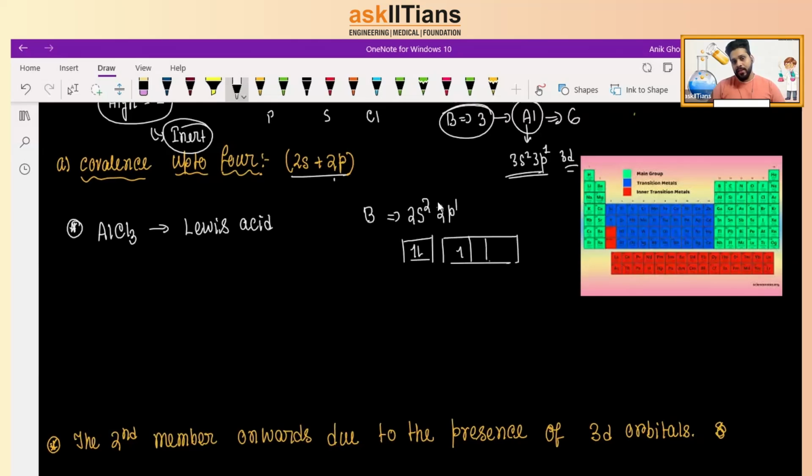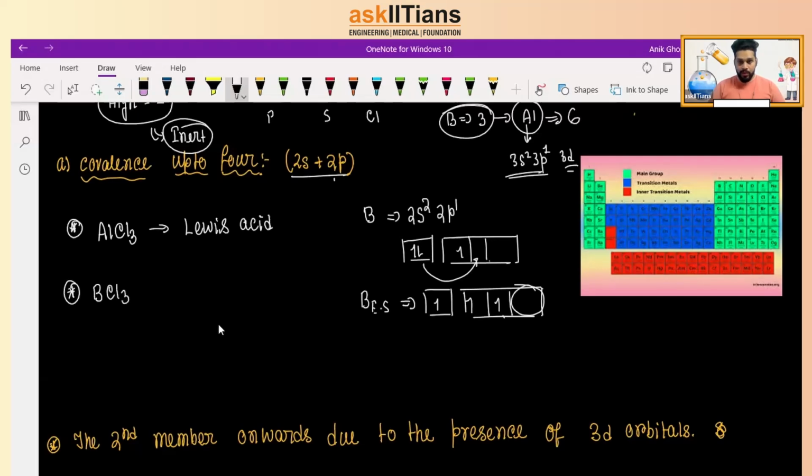Now, in the excited state, we can take boron to the valency of 3. And this is what happens: you get the valency of boron as 3. But for boron, you can see there is again a vacant orbital present in it. So it can utilize that vacant orbital, and it can go up to a valency of 4. Boron can do that. Okay. Like an example, if I talk about BCl3,